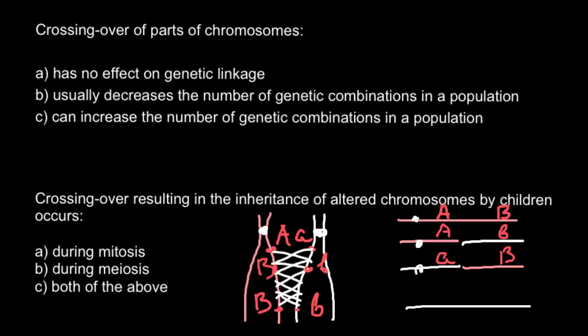And of course, because these two sister chromatids are genetically the same, we would have a small a gene here and small b here, or recessive allele A here and recessive allele B here. And on our picture we would see recessive allele A and recessive allele B here. So as you see,